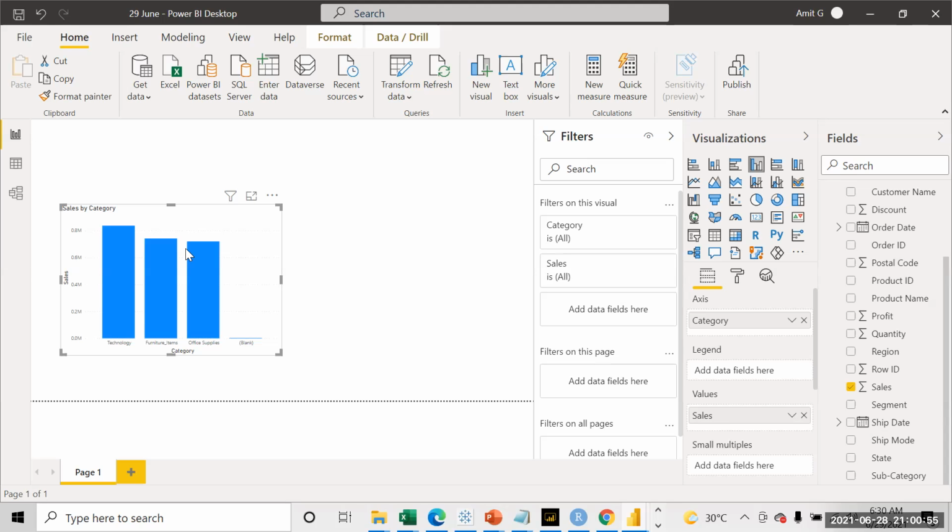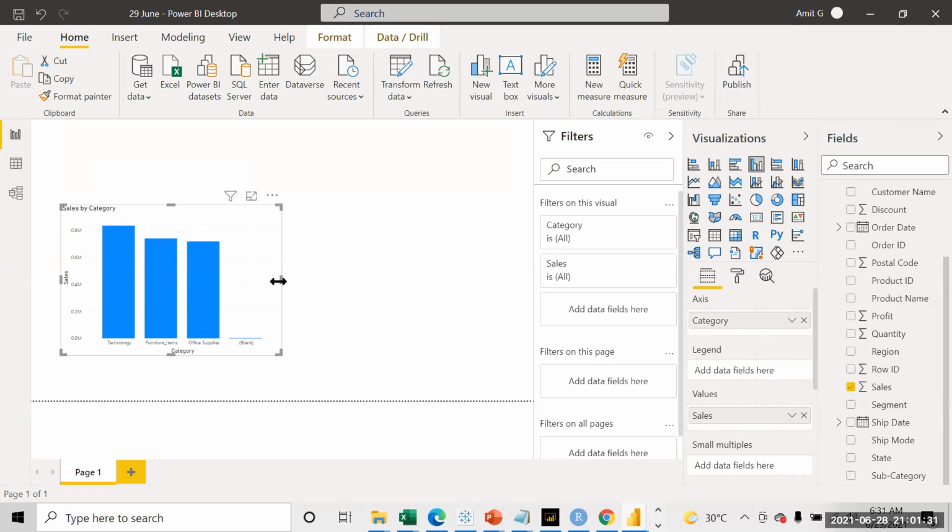So Amit, without downloading the gateway, can we not publish this file? Sorry? When I was trying to publish this file, my disk was full, so it could not download the gateway. When I clicked on publish, it asked me for the login details of my Microsoft account, and I logged in, and then it said it was able to publish. I don't know where to check it, and I'm deleting temporary files so that I can download the gateway. But without the gateway, it also published.